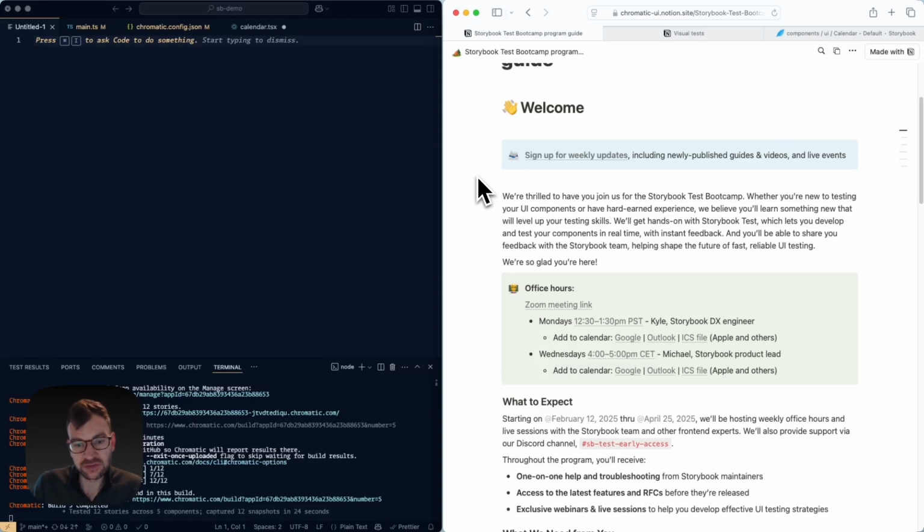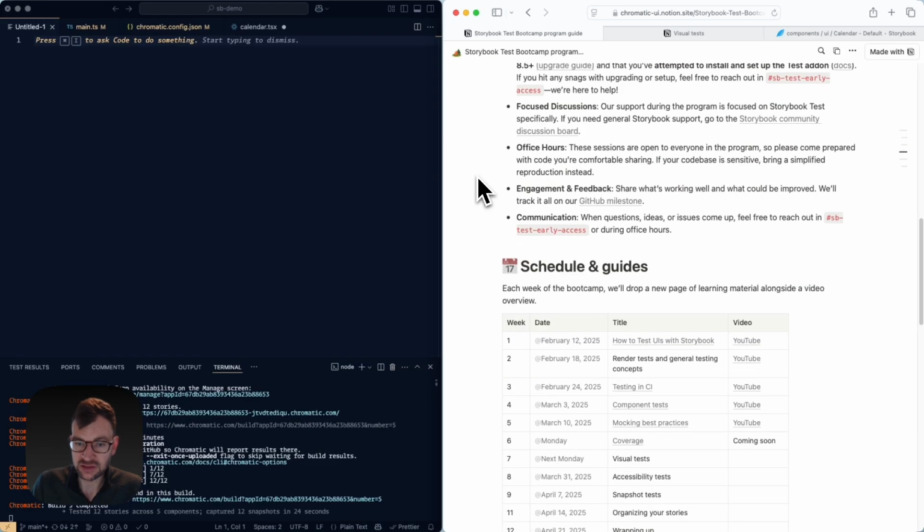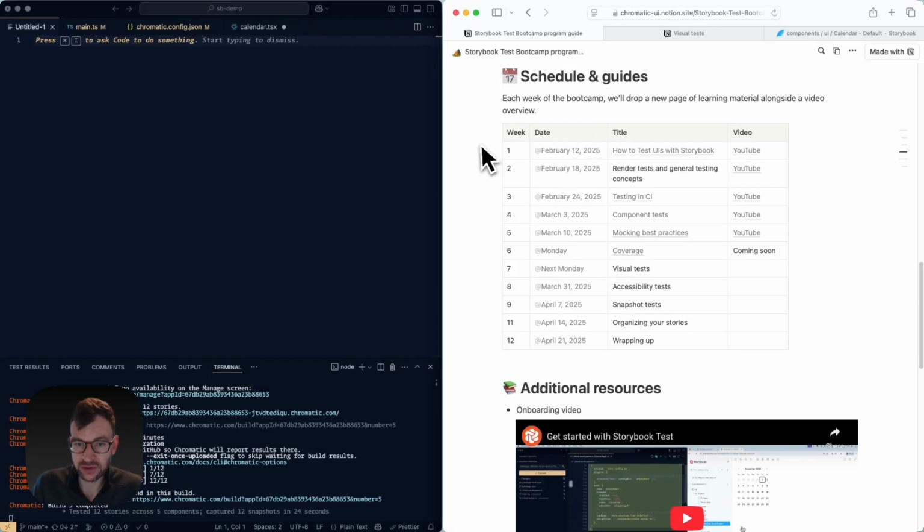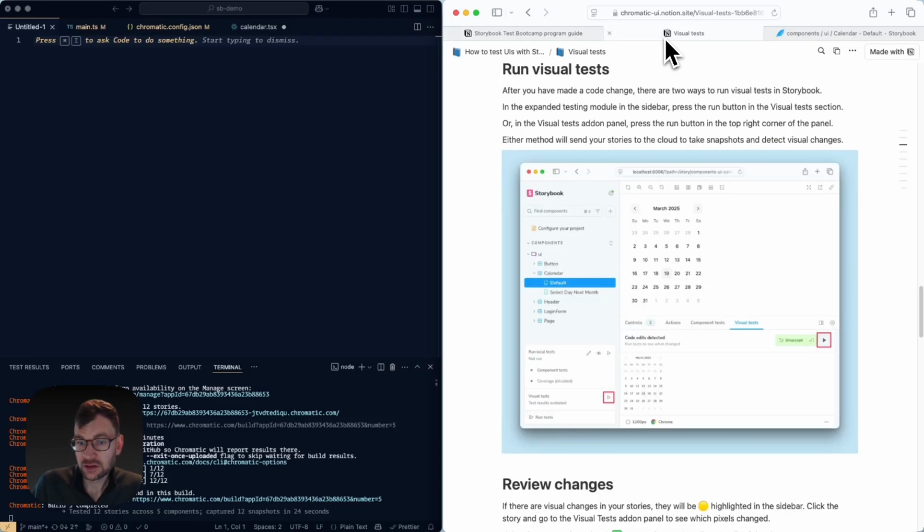Lots of different types of front-end tests, and you can run it directly inside a Storybook as well as in your CI. And so this is kind of the guide we have here for you, and you can see on our schedule, we've gone through weeks 1 through 6, and now we are ready to talk about visual tests. So let's do that. So first,